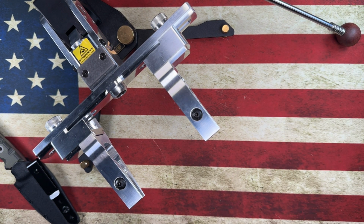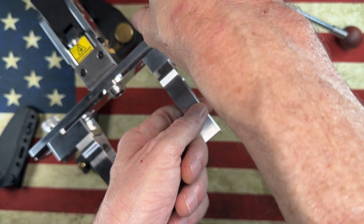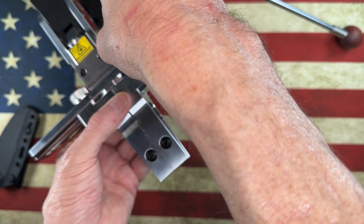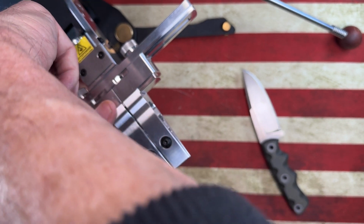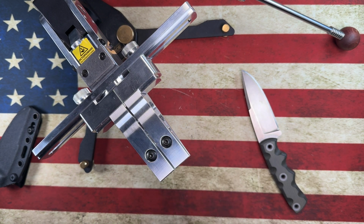Today I'm going to attempt to sharpen, get a little better edge on this lovely combatant I've got here from TCal. And what I thought I would do is kind of show off the TSProf Pioneer. I've got these L clips which allow me to bring these clamps really close together, which work well for this knife. And then I'm going to take some Kapton tape,